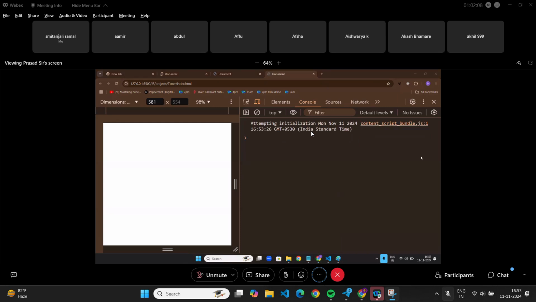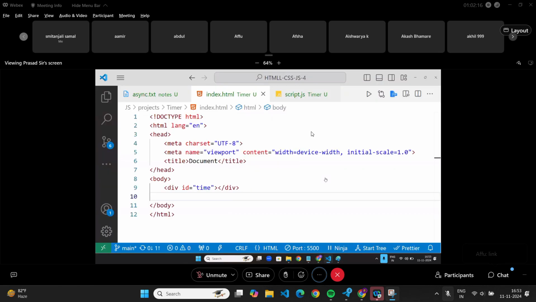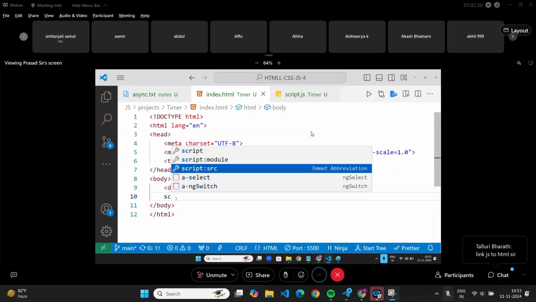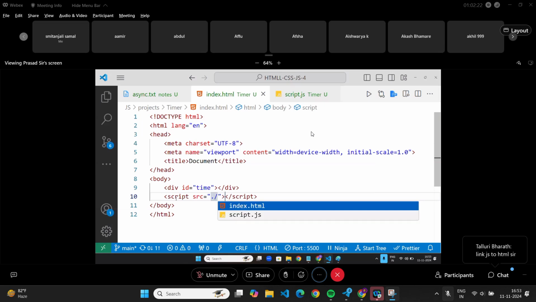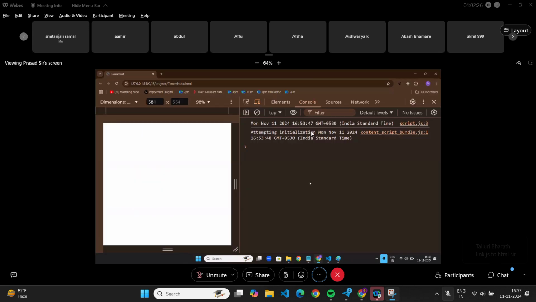I did not connect the script. Good logic. Dot slash, connect it. Nice. Now, can you see it is printing Monday, November 11, 2024, 16:53:47 GMT and all.